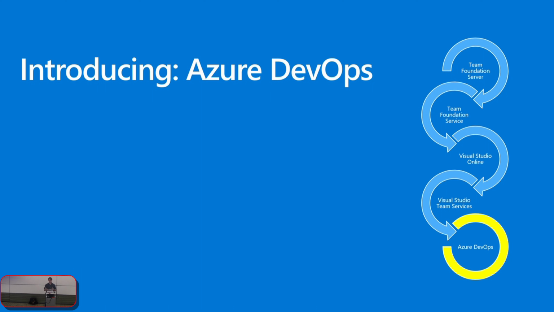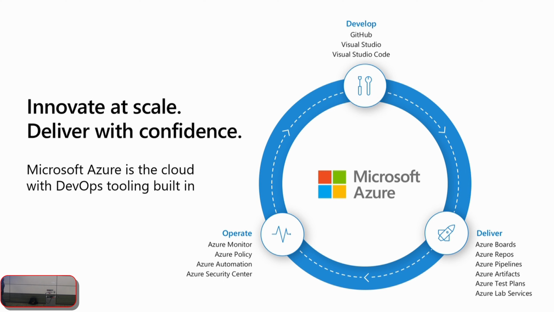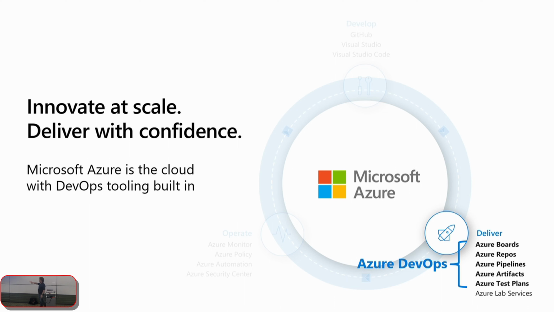And so when you think about Azure, it has a whole lot of things in it, and this is obviously a fraction of the things that Azure itself has available in it. When it comes to Azure DevOps, the tools, we're really focusing down here on the delivering capabilities of things in Azure. Maybe not so much on the operations side or even on the develop side. The develop side's more the Visual Studio, VS Code, things like that. But when it comes time to actually be able to deliver on everything, that's where Azure DevOps comes into play in that Azure space, if you will.